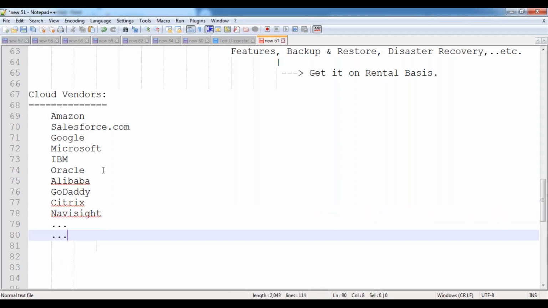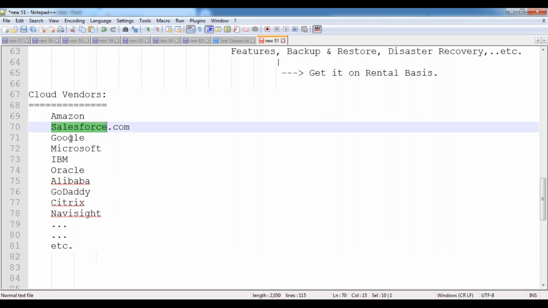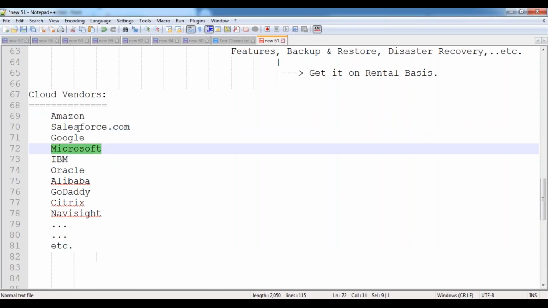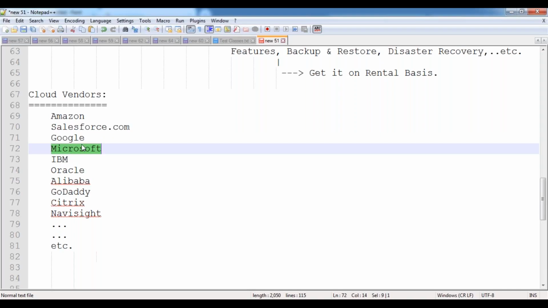Like that, we have so many vendors available who are providing their cloud services to their customers on rental basis. That means each and every vendor has their own clouds, and these cloud resources are provided to their customers on rental basis.